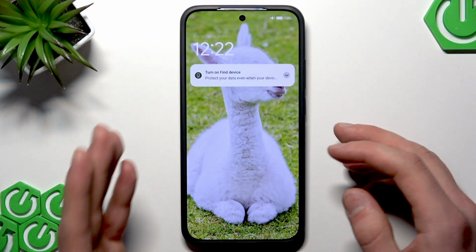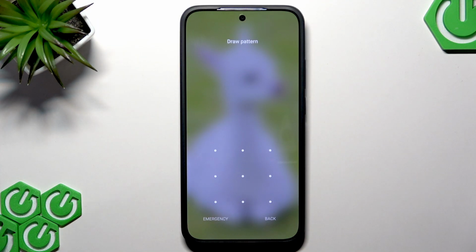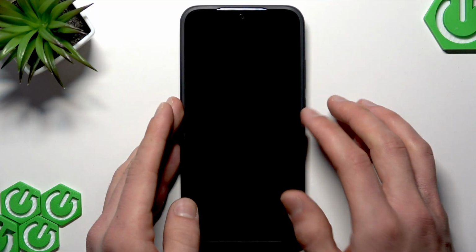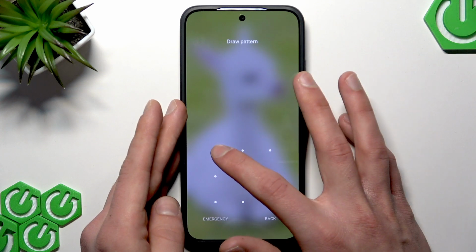but it will also result in erasing all data from your smartphone. And if you still want to do this, if you still want to regain access to your smartphone by losing all the data from it, you have two options. You can either perform a factory reset operation using